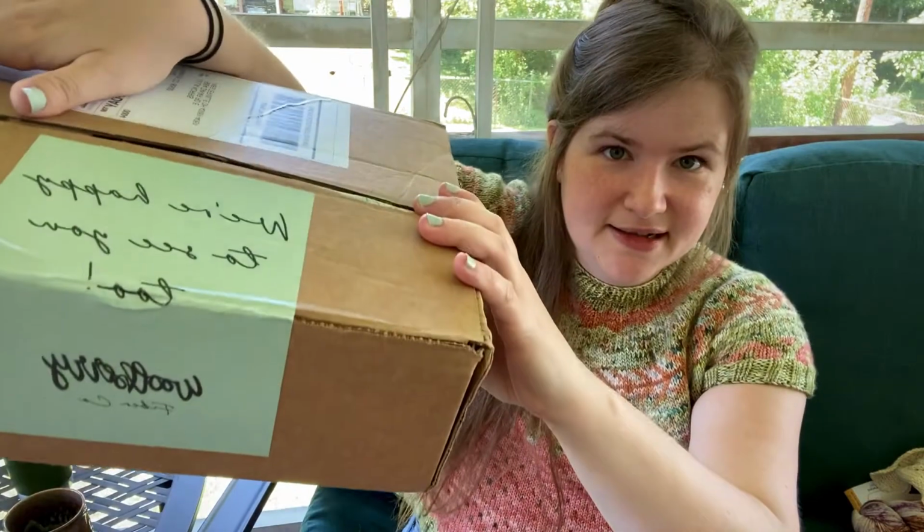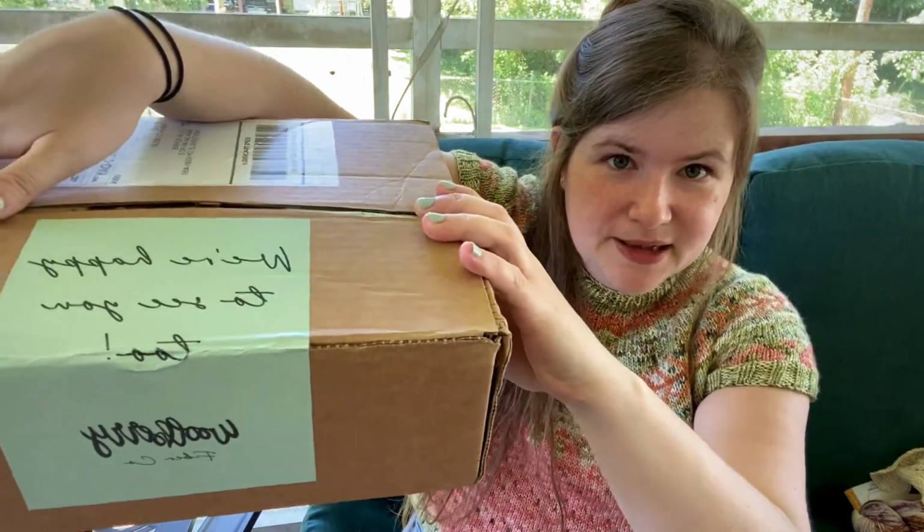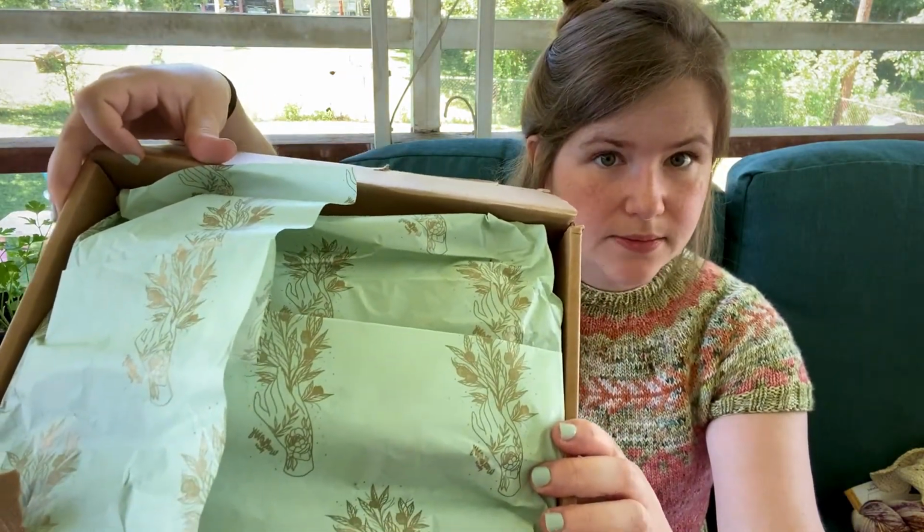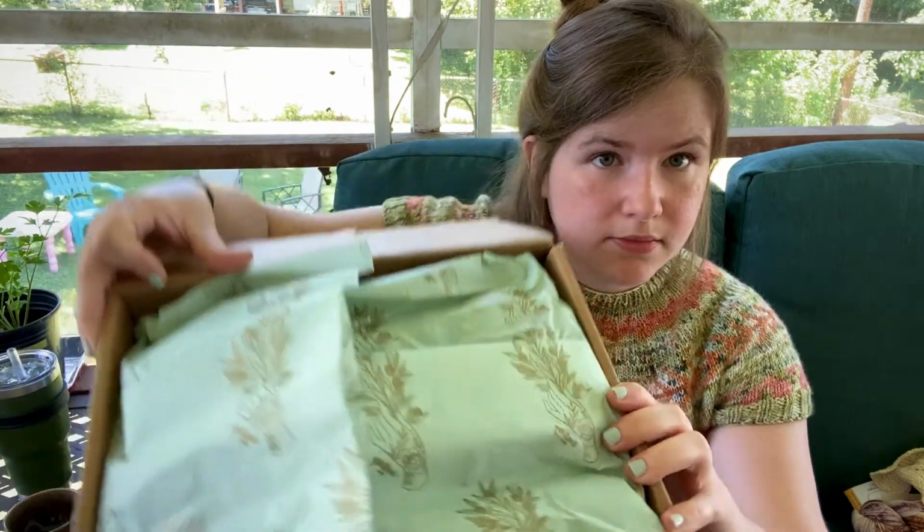First of all, can we just appreciate the box that it comes in? We're happy to see you too. How cute is that? And this tissue paper. I mean, she's crushing it. That's excellent tissue paper. I highly recommend. Anyway,